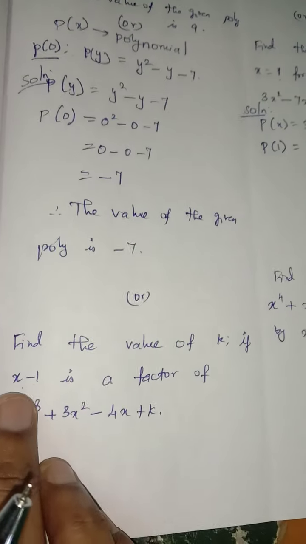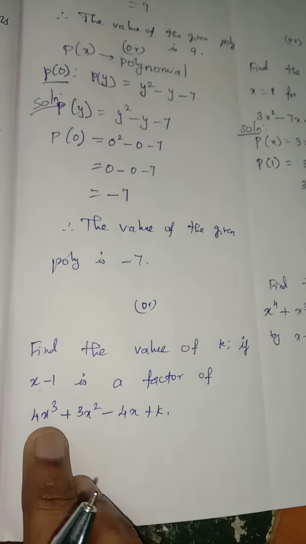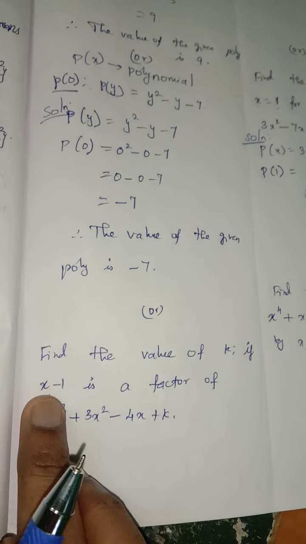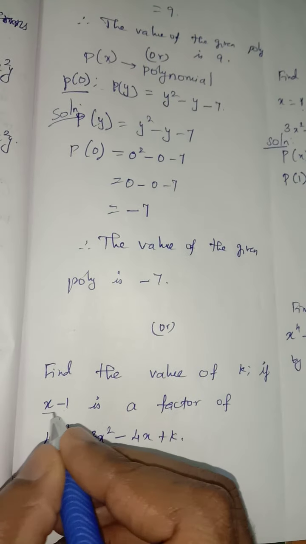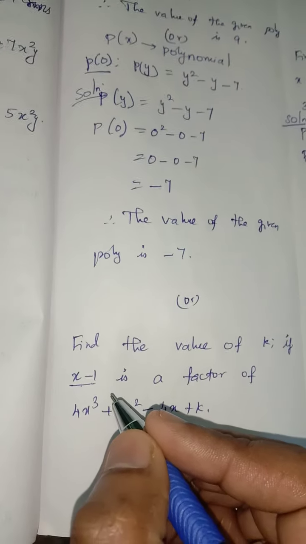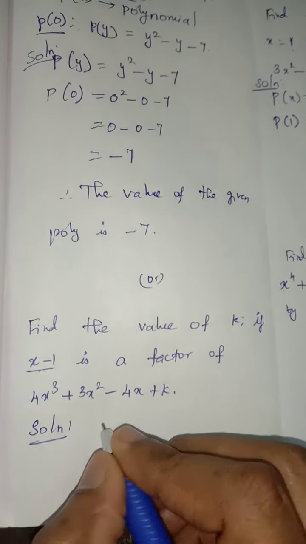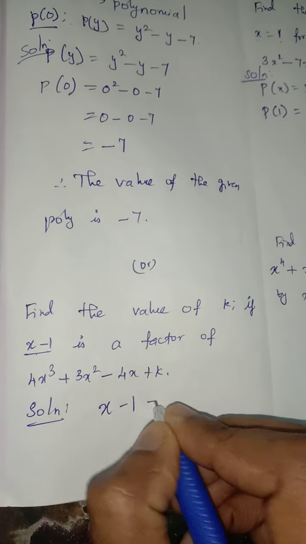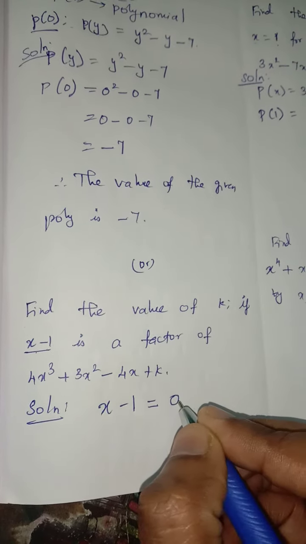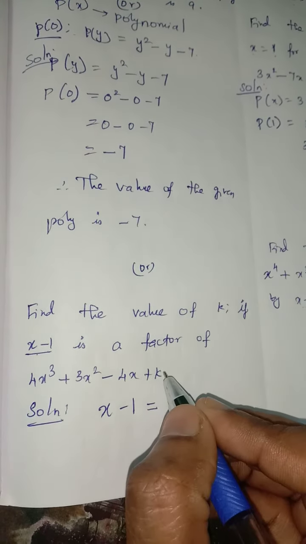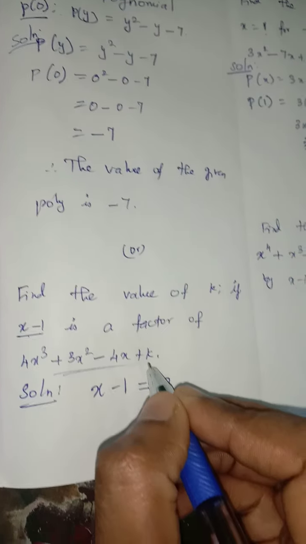In this case they ask us to find the value of k, but they didn't give the value of x directly. Instead of that they will give a linear equation, a linear polynomial. So if it is given like this, first write this small polynomial and put equal to 0. Anyway, to find the value of k we want to put equal to 0 for this polynomial also.